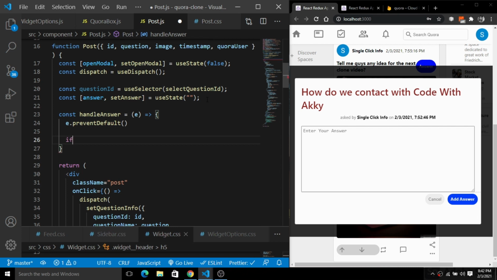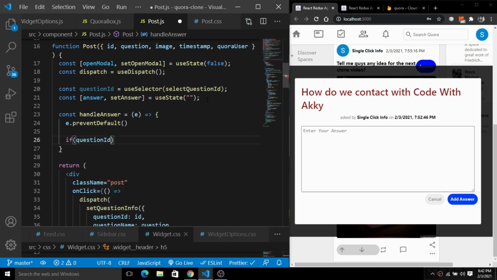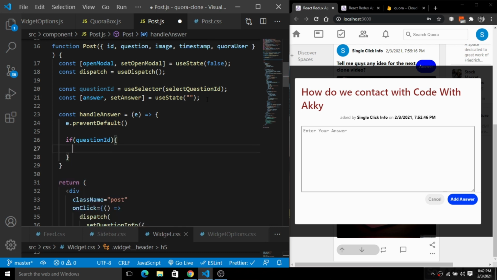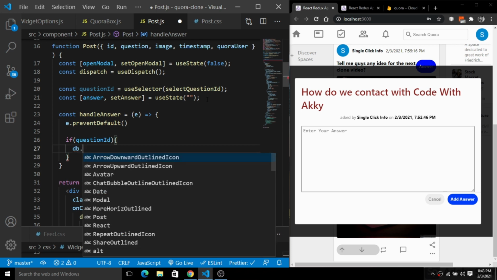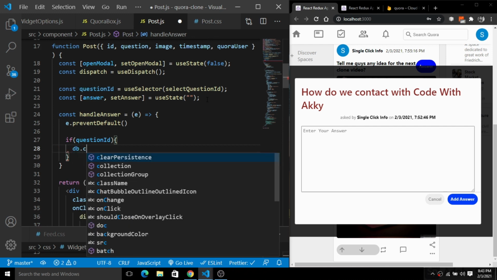So if we have a question ID, we'll pass the question ID for the respective question, and we'll push the answer to that question ID. So if we have this question ID, then db, which is imported from Firebase, db.collection.